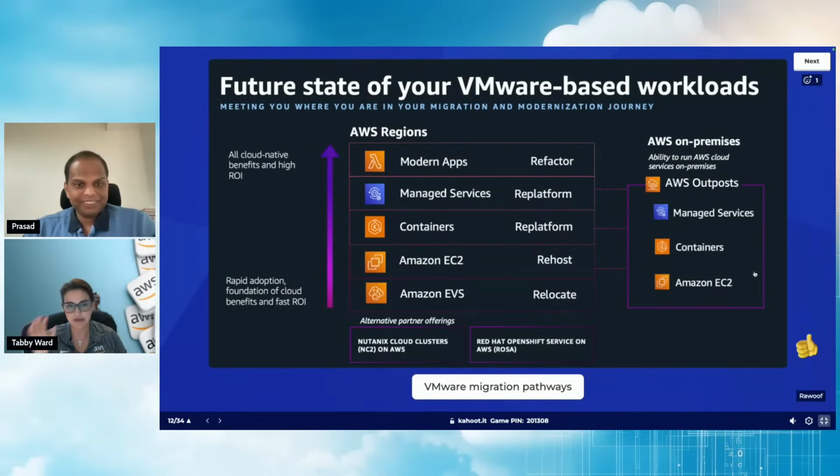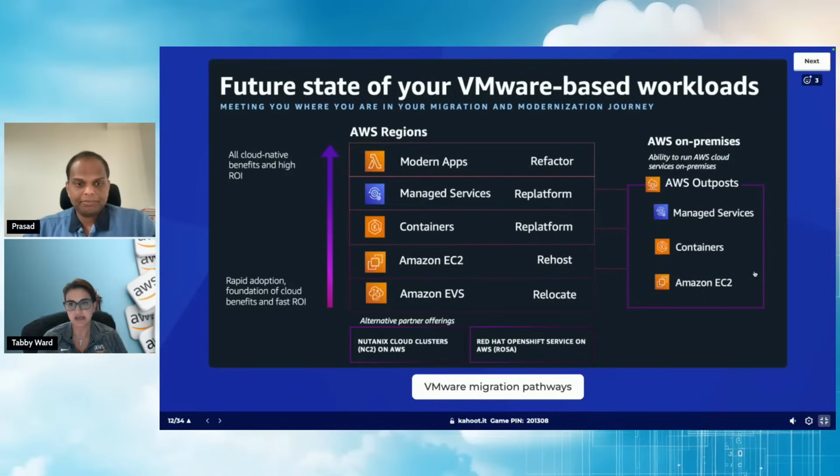Yeah, sure. So at AWS, we always work backward from our customer needs, right? And we always provide so many options because it's good to have multiple options, right? And as you can see in this diagram, I start from the bottom. The first option is Amazon EVS, which is the first party AWS offering.